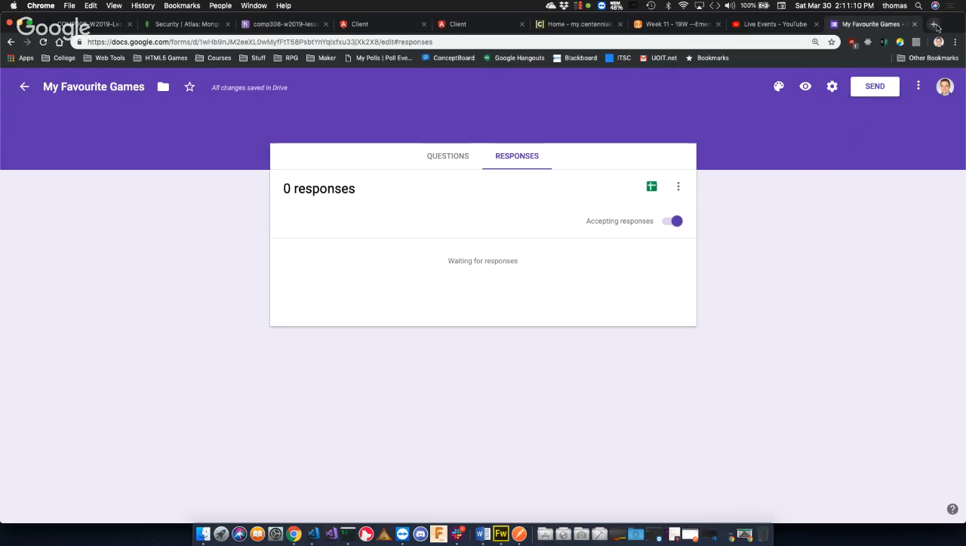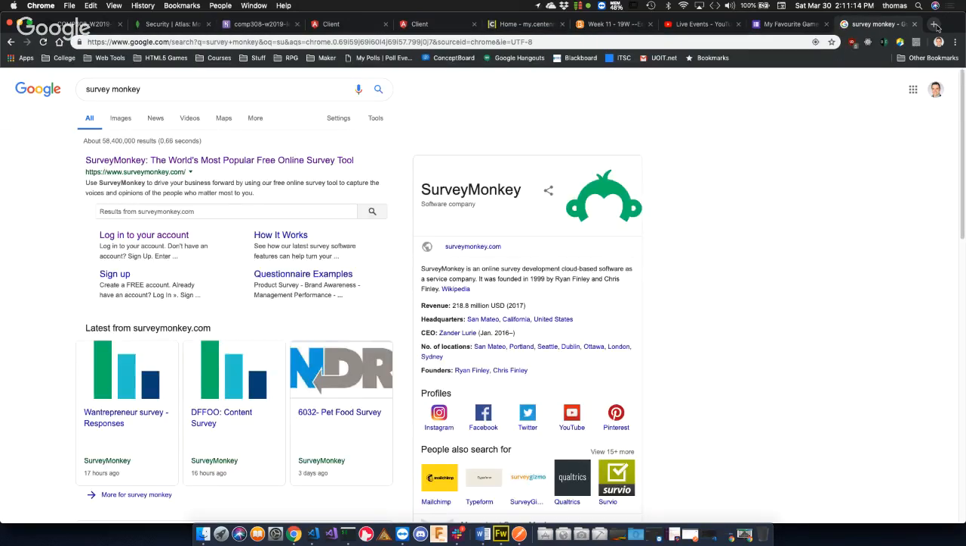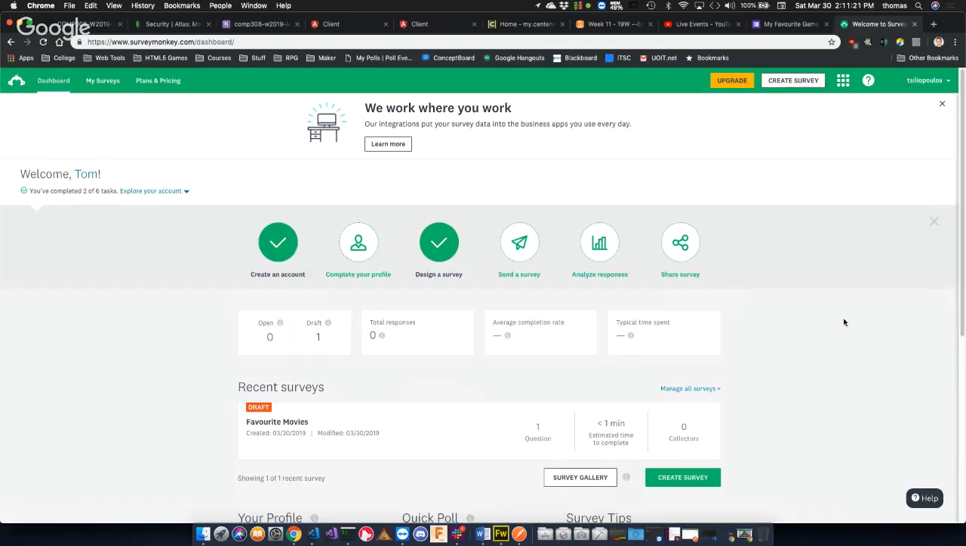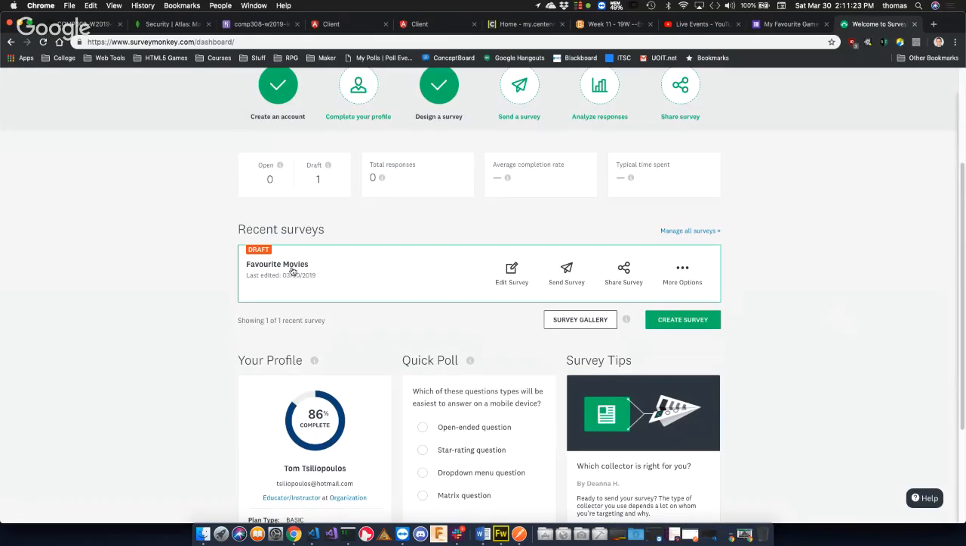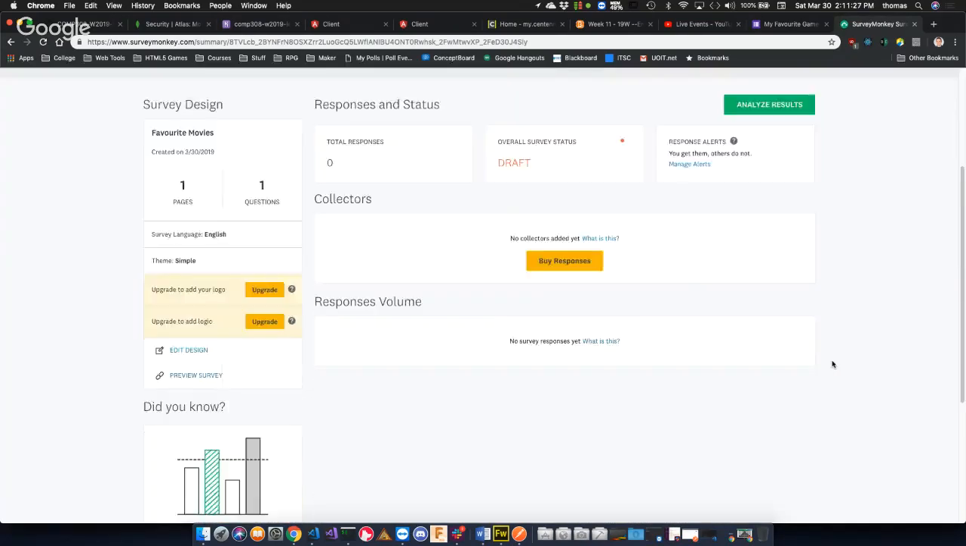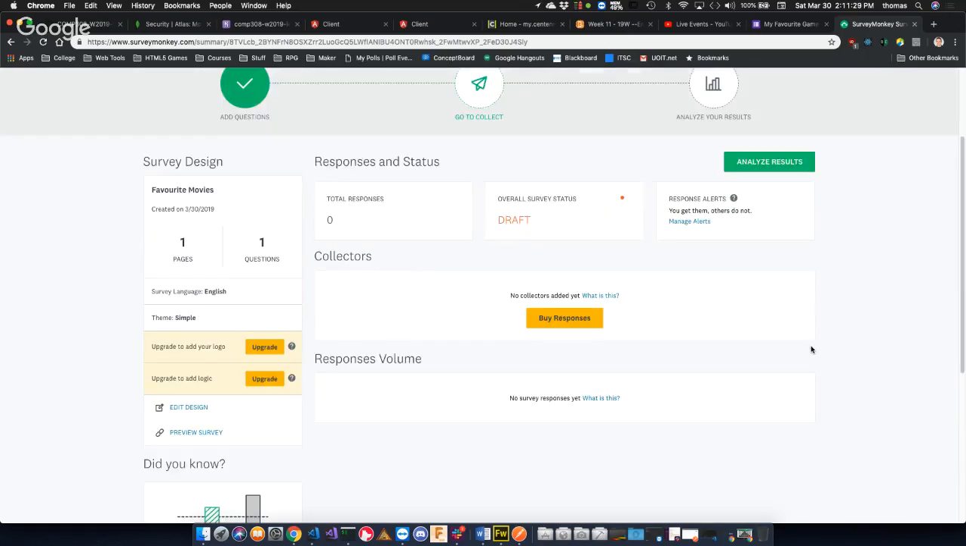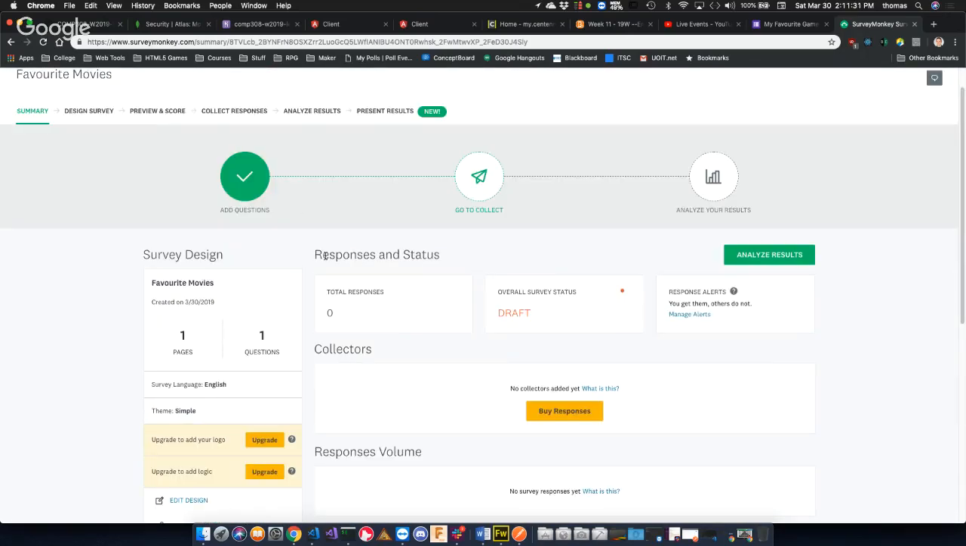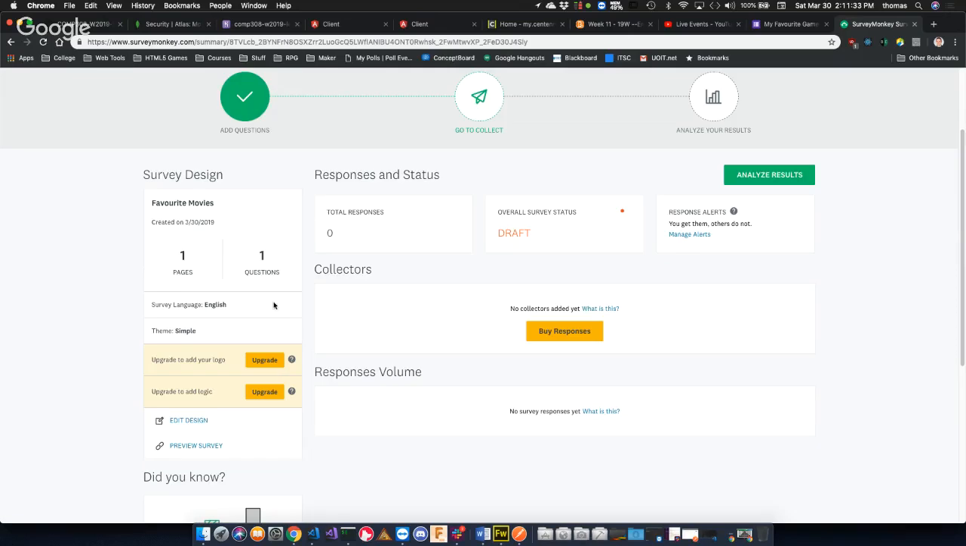So this is one type. Another example is something called SurveyMonkey. If you look at SurveyMonkey, here's an example site. Now SurveyMonkey is way more sophisticated in some ways. Here's SurveyMonkey. I created something earlier called My Favorite Movies, which I haven't released yet, and I probably will never release. You know, as an example, here's my favorite movies,